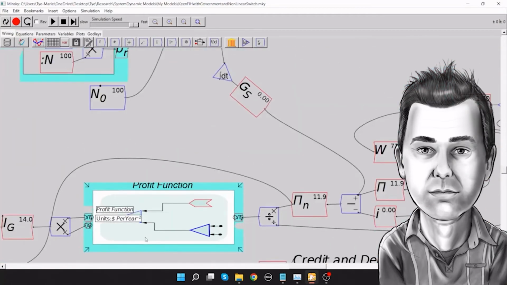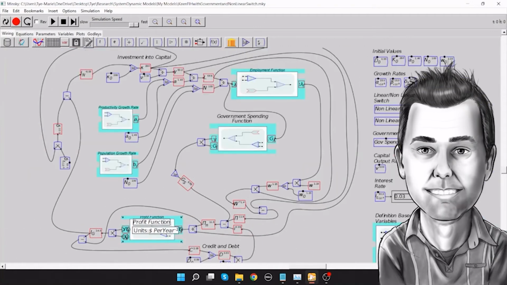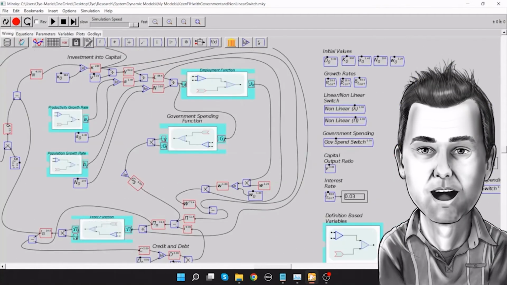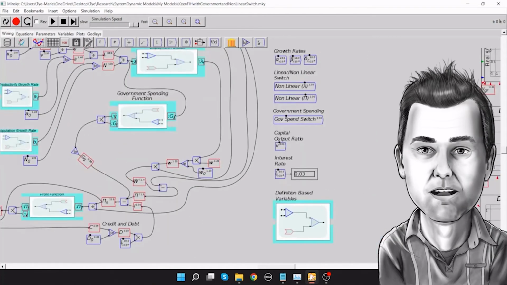A few other changes I made. I put our control bar here along the side with our linear, nonlinear switches and our government spending. I've changed some of the graphs. One of the things is I've used a differential block, which is right here, so we can differentiate the change over time. So if you remember,